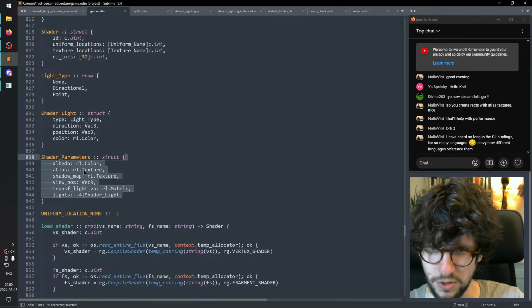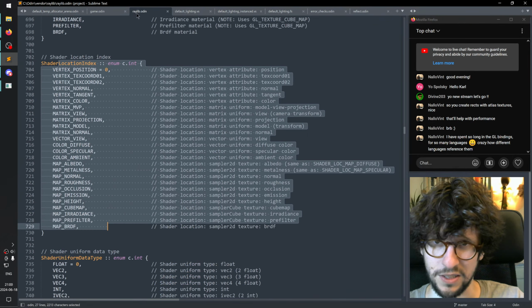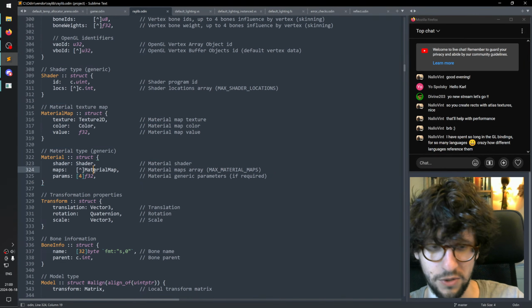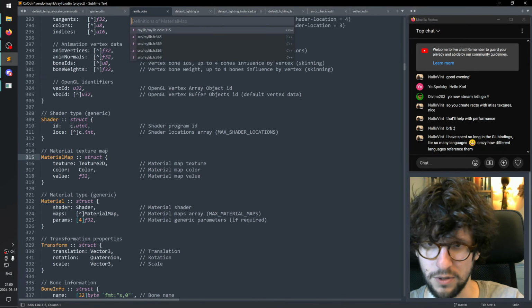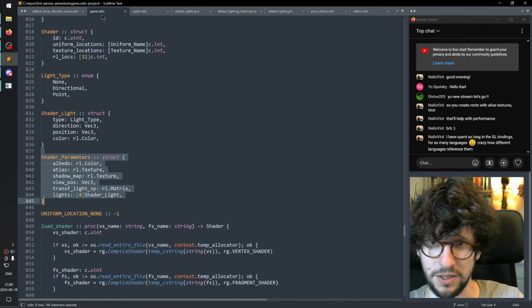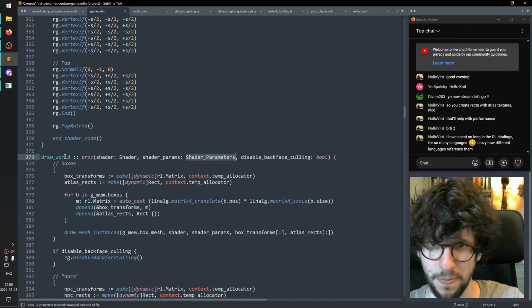Here we'll go. So this is sort of what, instead of this, if you look again at the material, there's nothing wrong with Raylib, this is just what happens when you have something generic that should work for everyone. Then you get this kind of generic thing. But instead here I have just a struct with these things, right? So then when you, for example, you have the params here,